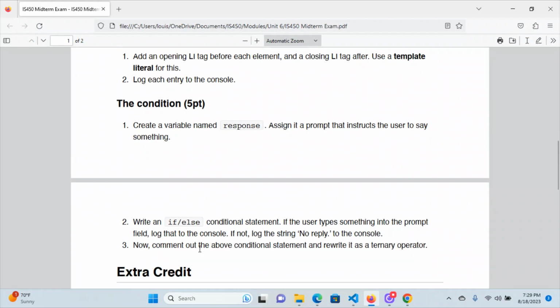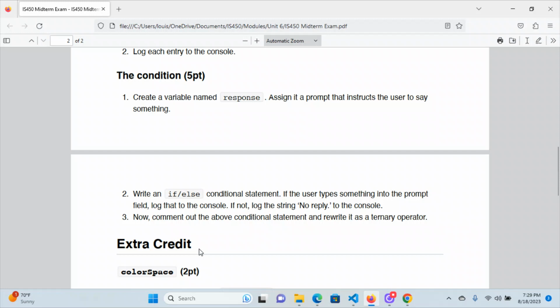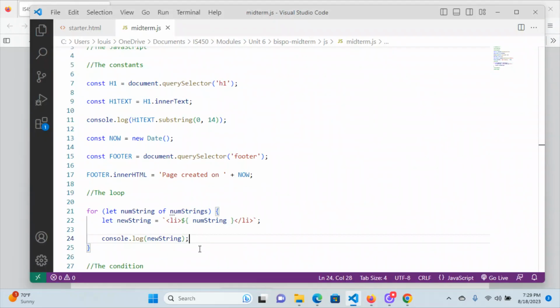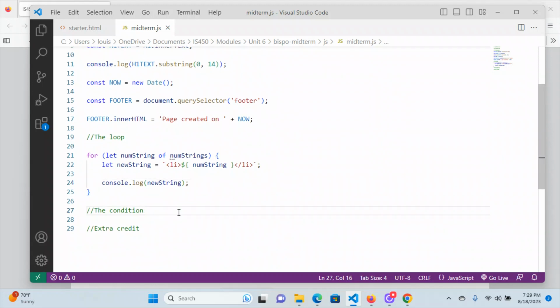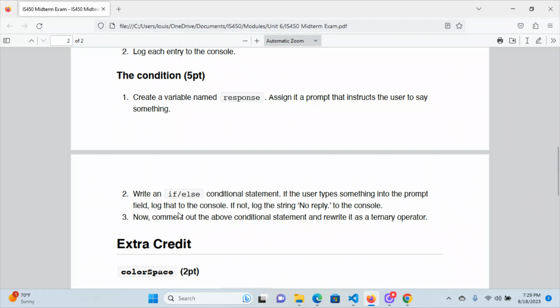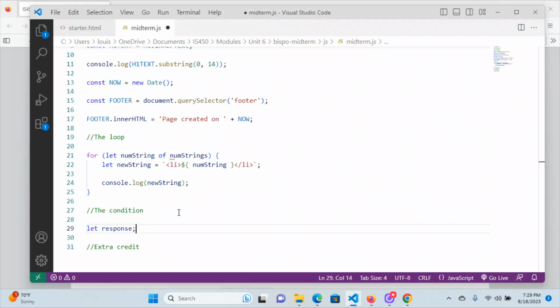And then we're on to the condition, the last portion other than the extra credit. So create a variable named response. Okay, I know how to do that. The condition: let response, assign it a prompt that instructs the user to say something. Equals prompt